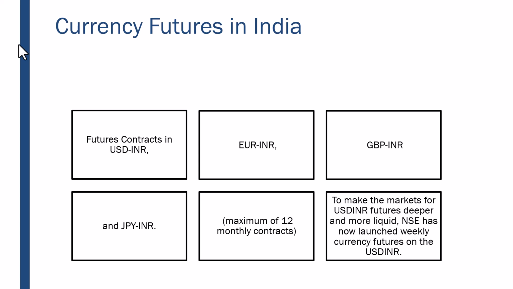Anytime there will be 12 contracts open in the stock exchange. 12 contracts will be open all the time. Now we are in the month of October, so there will be contracts from October till September next year. Depending upon which month you are going to receive or pay the money, you have to only look for that particular month. Other months you can just ignore. Suppose I have to make a payment in the month of February 2024, so I'll take a position in that contract. For other months, the contract will be of no use to me.